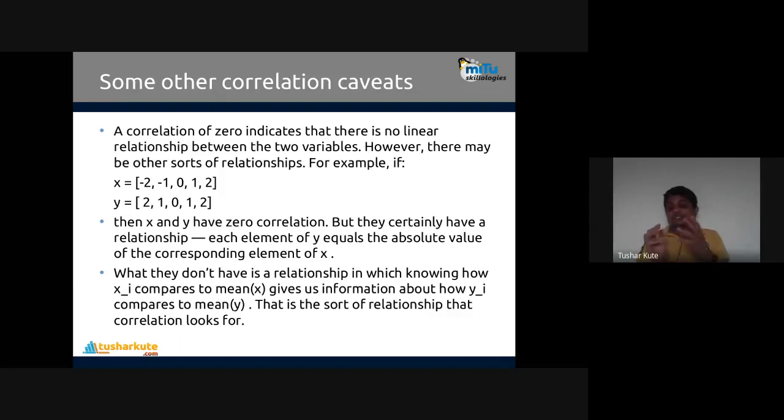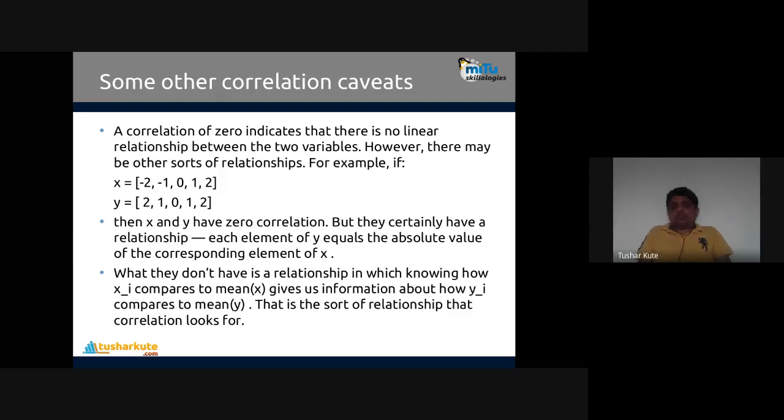But the proper algorithm, like the decision tree mentioned, is the most useful algorithm in almost all the cases, in all different kinds of situations in machine learning. It works very well. That algorithm can be chosen to work with. Some other correlation caveats. It's a supplementary topic actually, as mentioned in the syllabus. Many other correlation techniques are present, but still we'll check this one.